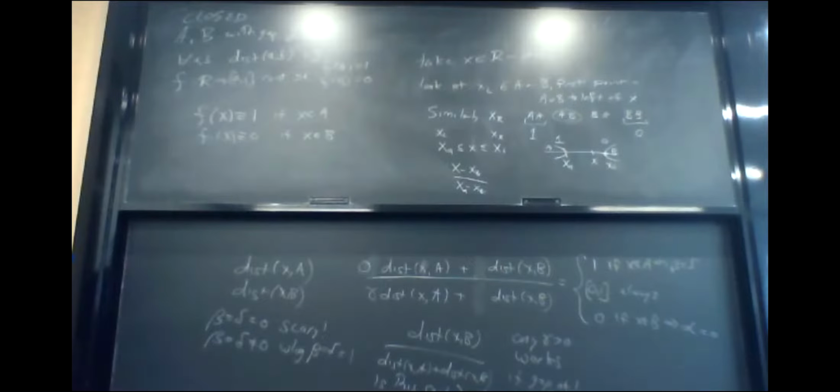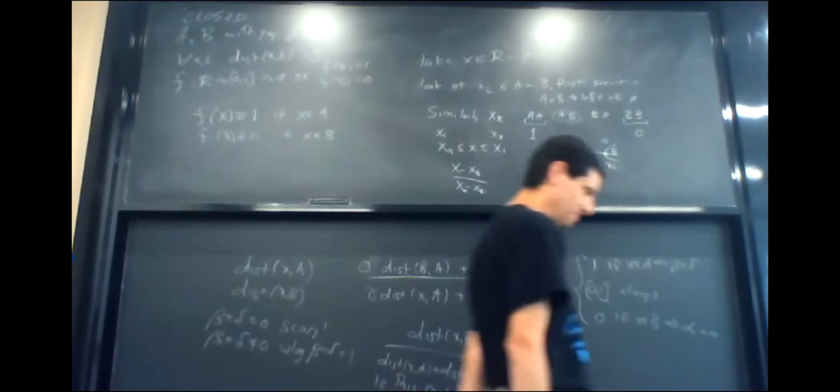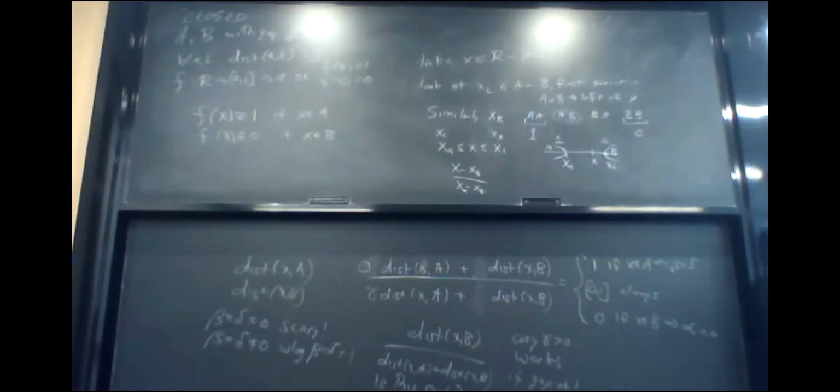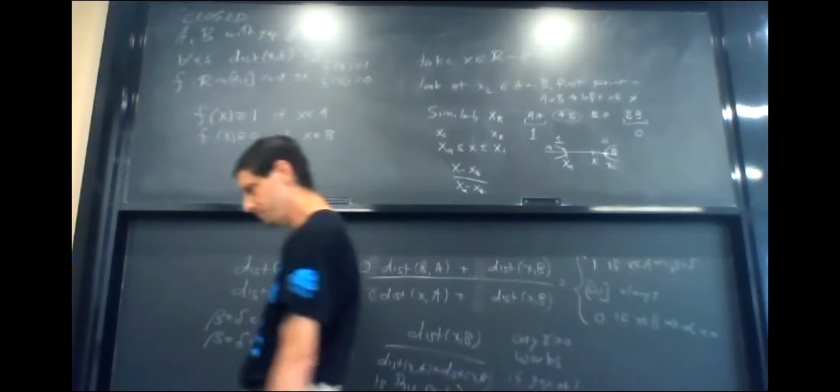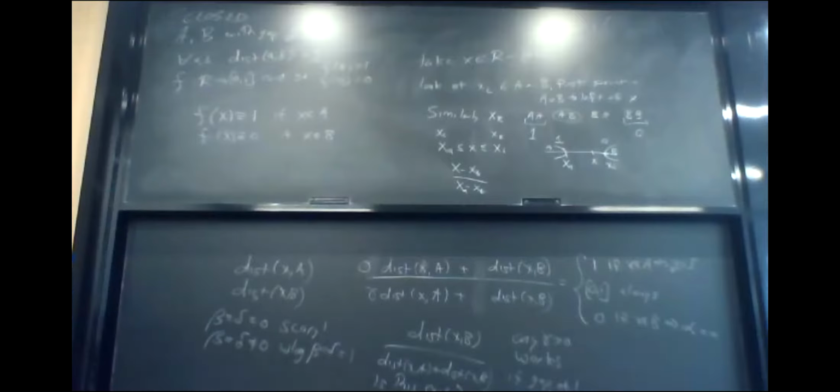Yeah, but you've got flat and then it comes to an angle. If you're walking away from B, then the numerator is going down linearly, and the denominator is going up linearly. No, the numerator is going up, and the denominator is going up a little bit faster. But the ratio is